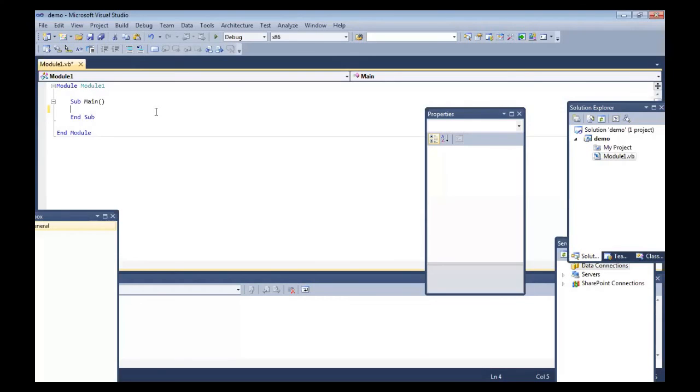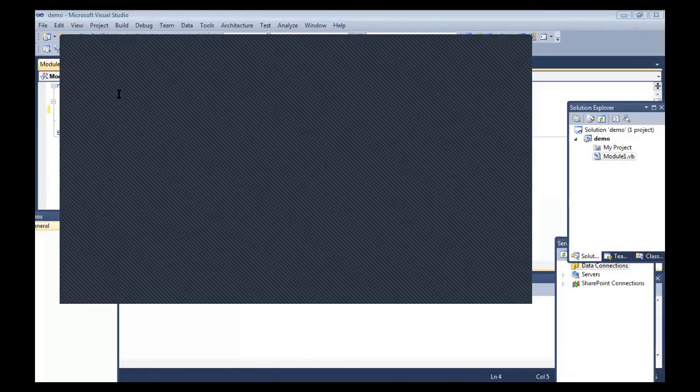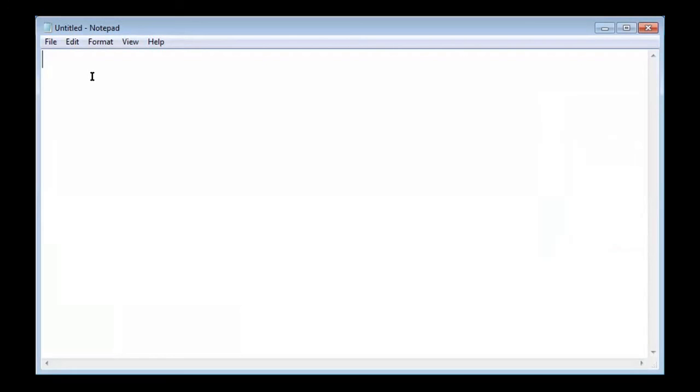The first one is the Integer data type. This integer data type is used to accept 32-bit numbers, starting from 0 to 9.